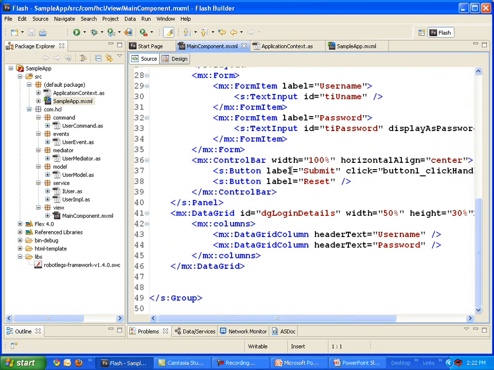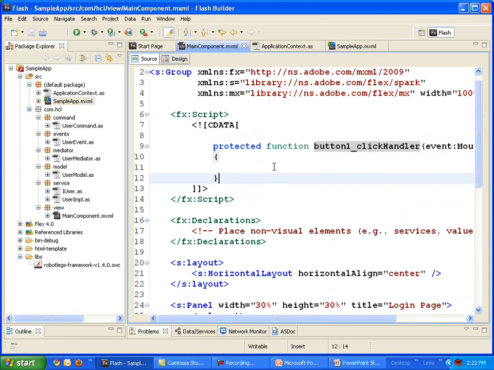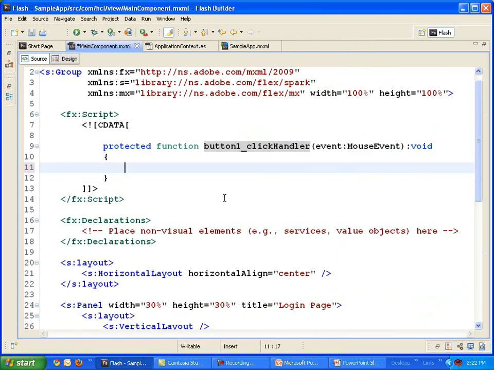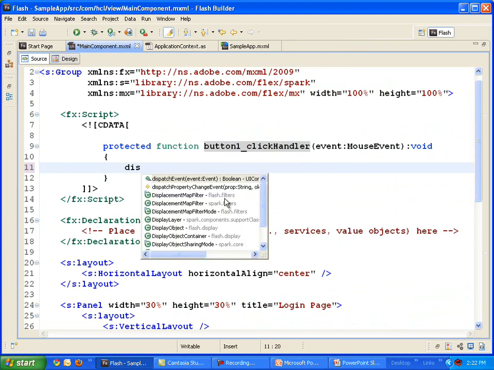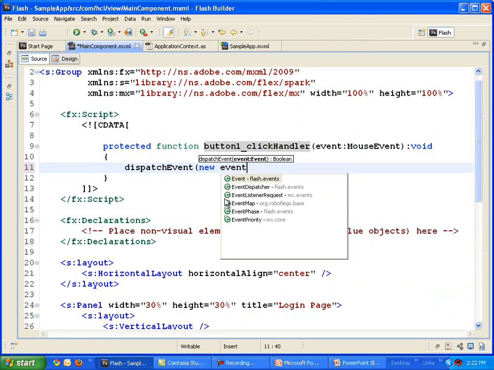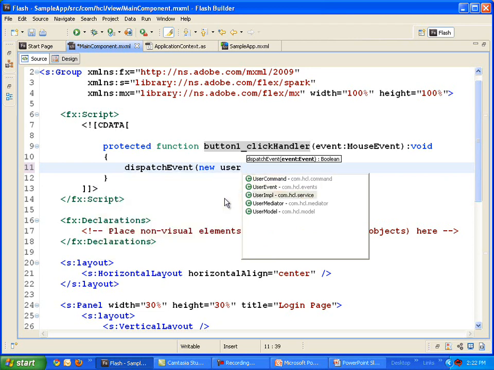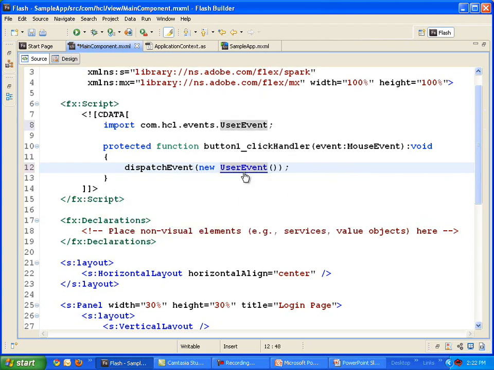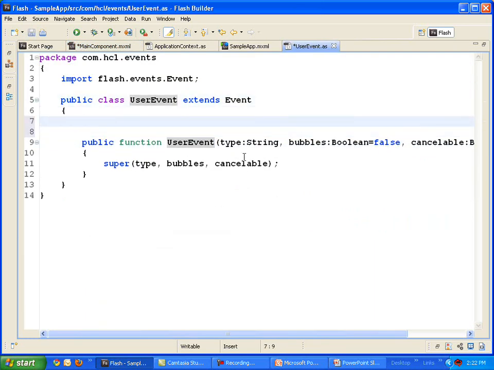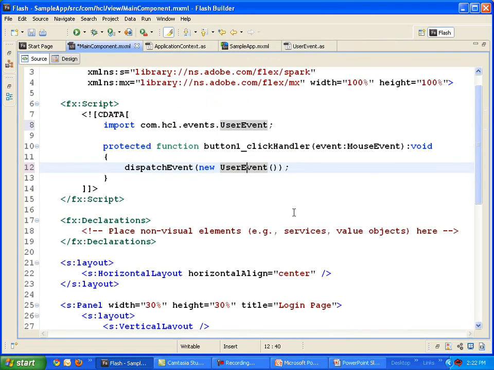Now inside a view, in the submit function, just try to dispatch an event. Dispatch event of new event user event, and inside user event try to define a constant, public static const add user equals to user, and come back to main component, and here try to take user event dot add user,